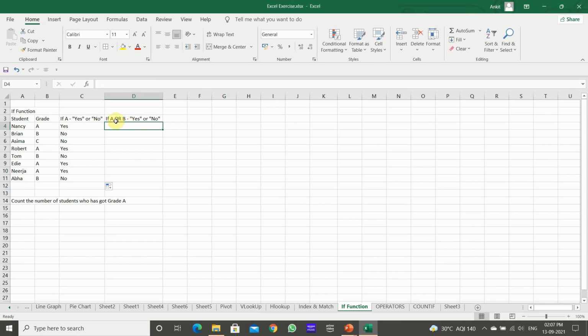Okay, and here, what is being asked is: if A or B, if any of these conditions is matched, then it should be yes. So manually, how can it be done? If it is A, it has to be yes, B yes, C no. If any one matches. Now how to use it? Like the IF condition, and here we will use the OR operator. IF condition, logical test. For the logical test, we will use the OR function. First of all, the logical test is